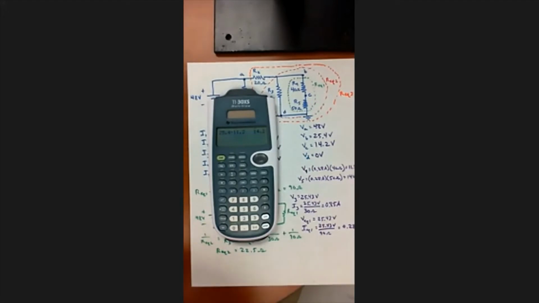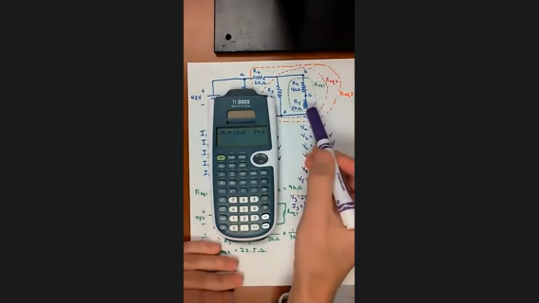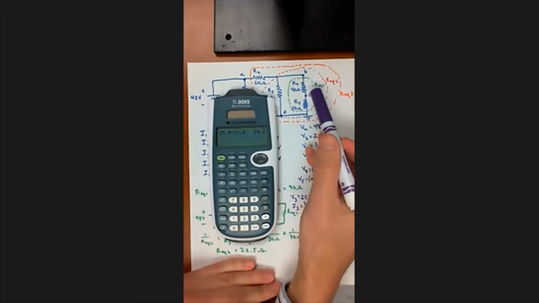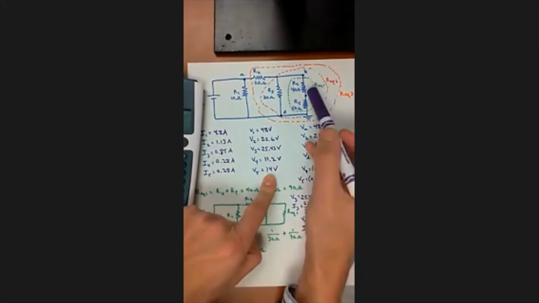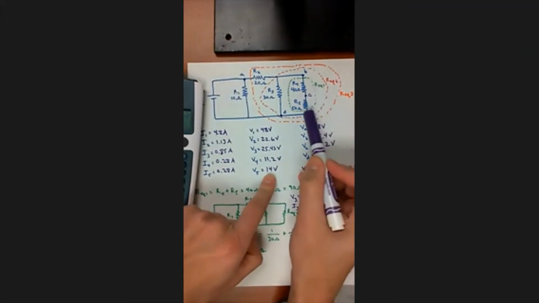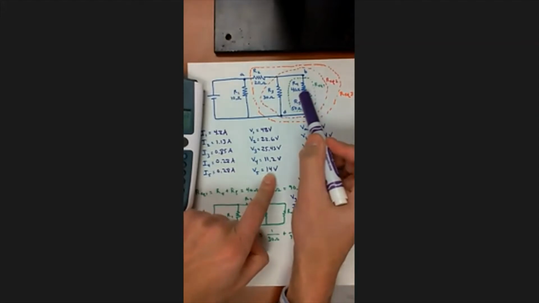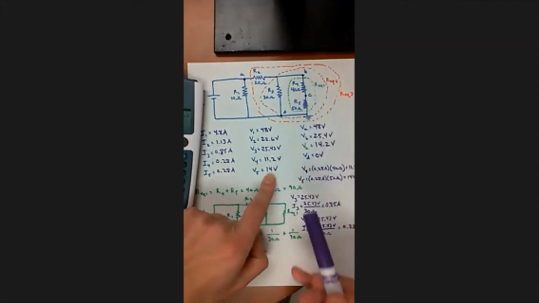There may be a little bit of rounding error, but we can check that. The easier way to do that really would have been to say, all right, I know what V5 is. V5 is 14 volts. So from here to here, across resistor 5, I drop 14 volts. So if it's 0 volts here at ground, and I dropped 14 volts from here to here, then the voltage here must be 14 volts. So we said 14.2. There's a little bit of rounding error in there, but